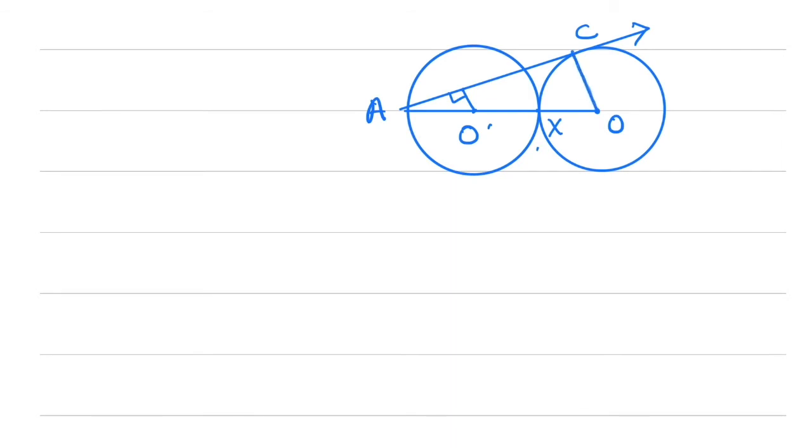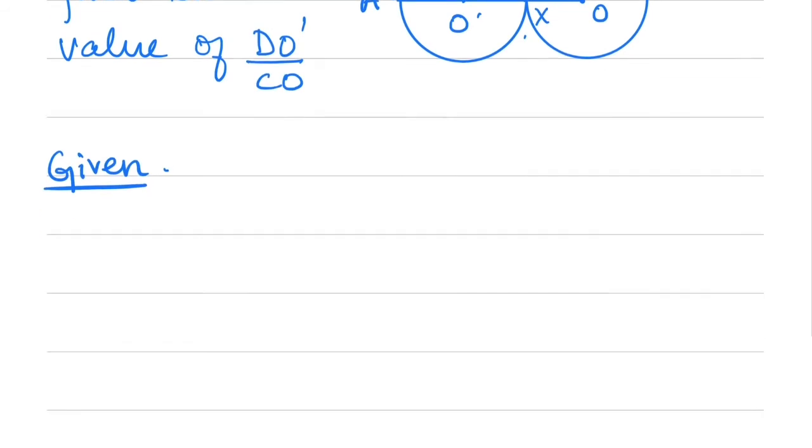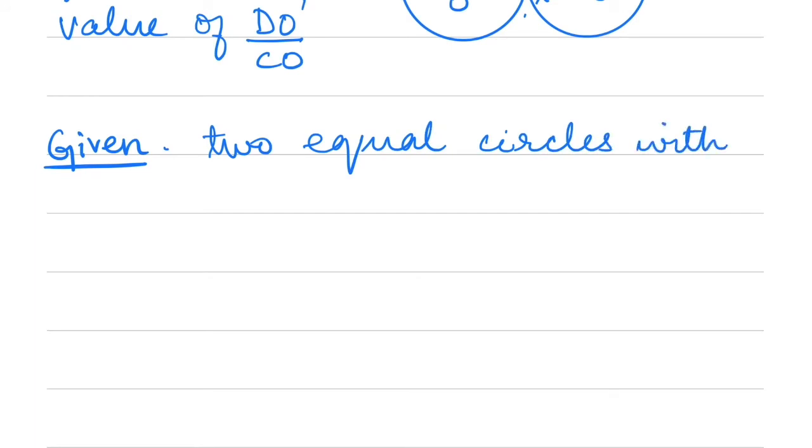OC will be perpendicular to AC, and we have to find the value of DO dash by CO. We are given two equal circles with centers O and O dash